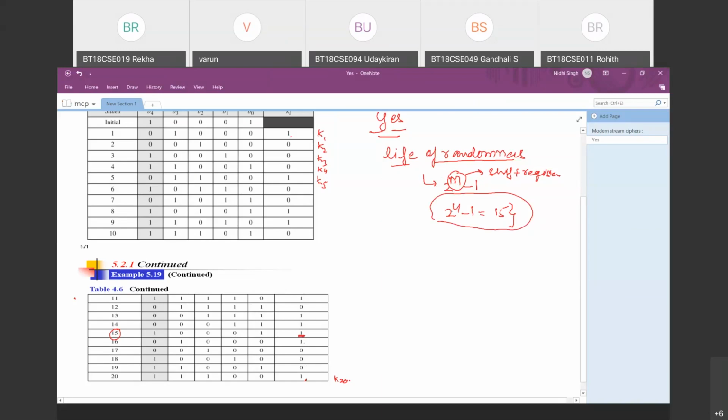Okay. Now the second modern stream cipher was asynchronous stream cipher. So the first one, that is synchronous stream cipher, is completed. The second one is asynchronous, or you can say non-synchronous stream cipher. Non-synchronous stream cipher is not so much used in cryptography, but for the understanding point